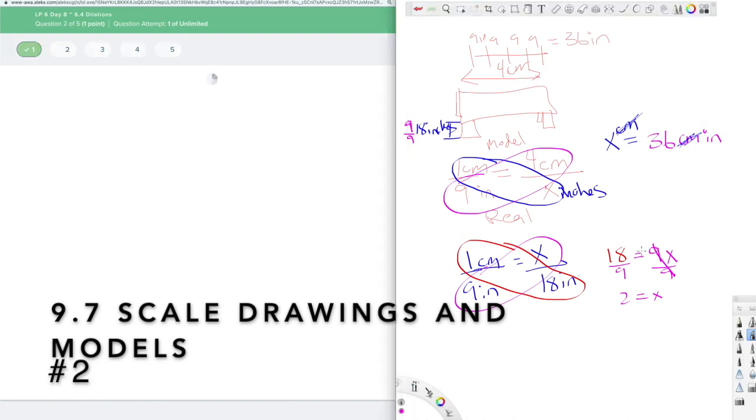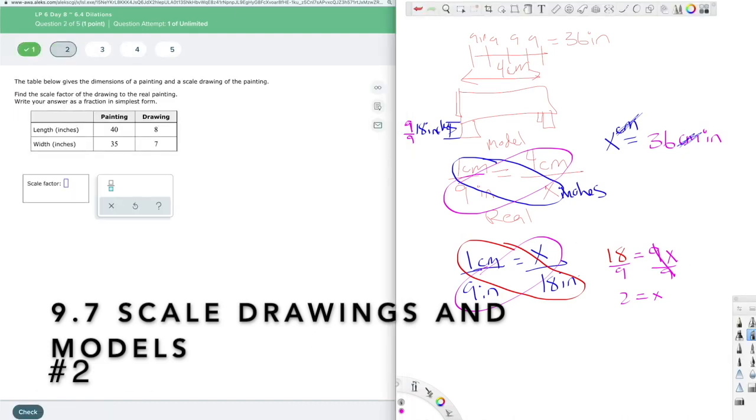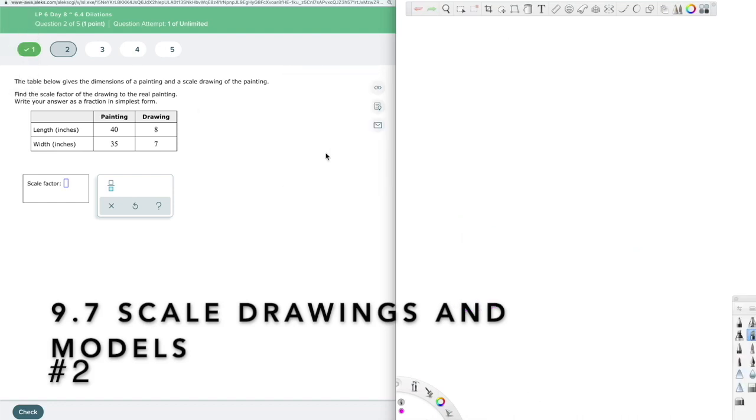So let's get a new screen here so I don't have to rewrite all this. All right, so the table below gives the dimensions of a painting and a scale drawing of the painting. Find the scale factor of the drawing to the real painting. So this is important. We want the drawing